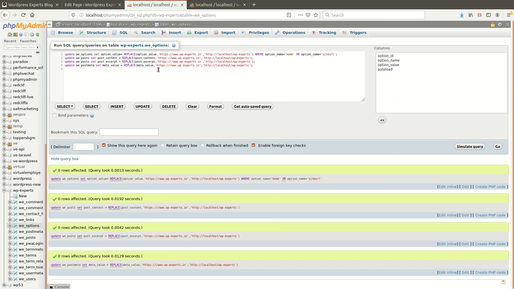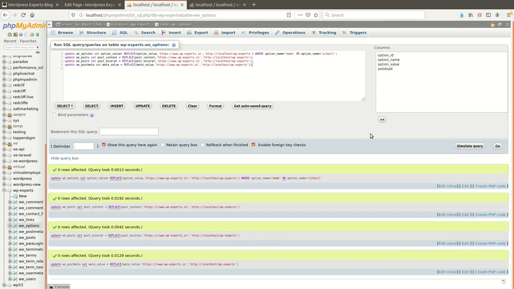What was the mistake? Oh, you can see we have added the backslash three times. Sorry, this is why. Now let me try it again.